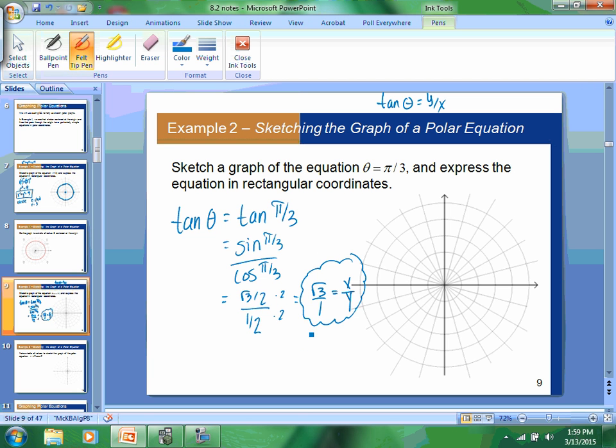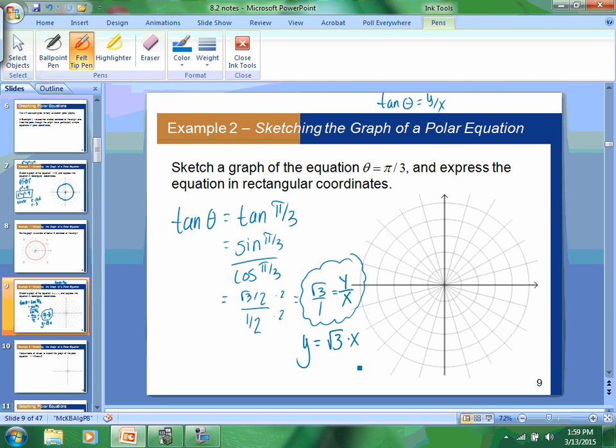Oops, I wrote x over y, it's supposed to be y over x. Sorry. Okay, so y over x. There we go. So now when I cross multiply, I'll have y equals the square root of 3 times x,